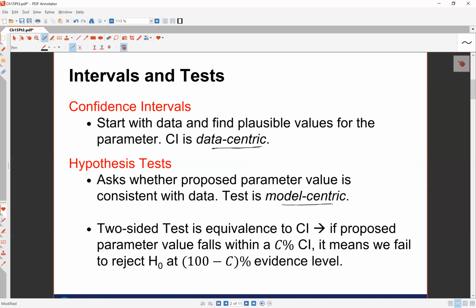So you're checking, is this proposed parameter value, the null hypothesis value, consistent with the data that you have observed? But even though these two methods have very different starting points, they will most of the time give